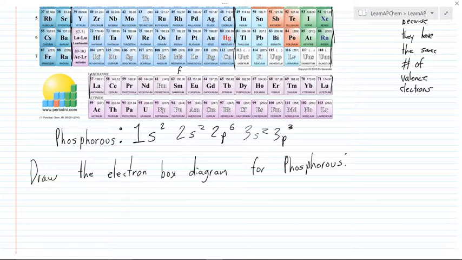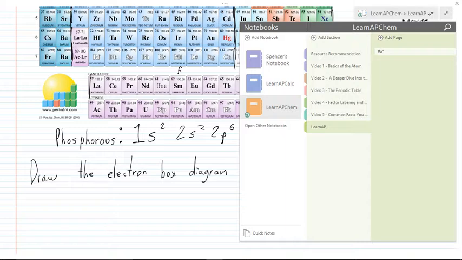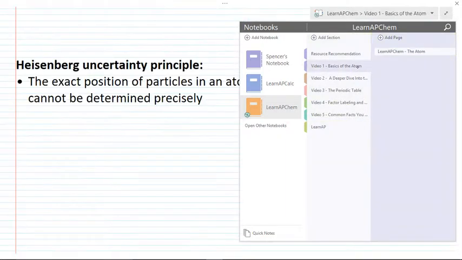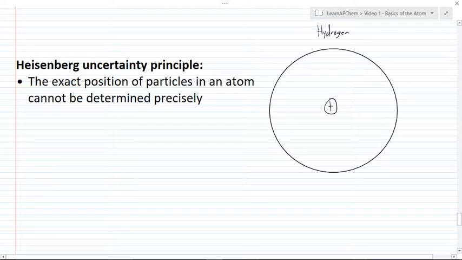Is there a chemical reason? Okay, I see what you're saying. So what you're wondering is, is it because we don't have the technology to know where the electron is, or is this just a property of physics? And that answer is it's physics. It's not that we don't have the tools to determine where an electron would be, but that you can't determine where it would be because of the laws of physics.